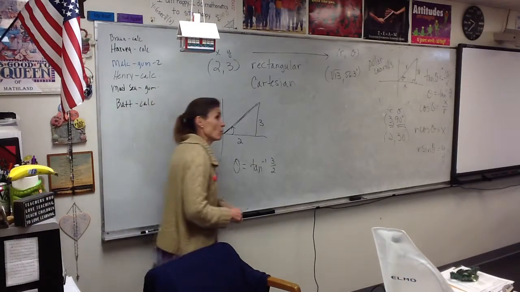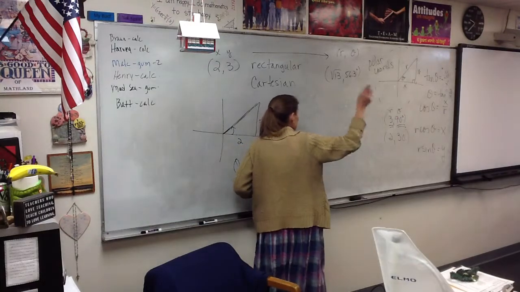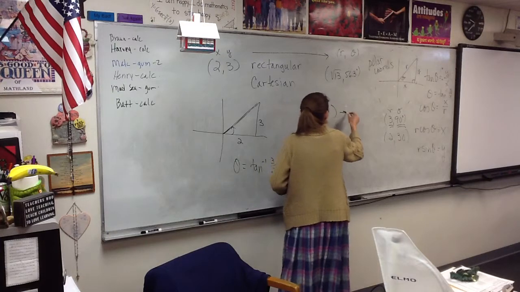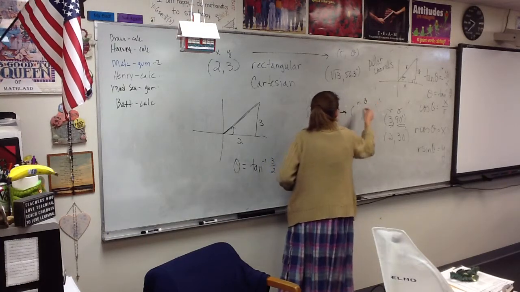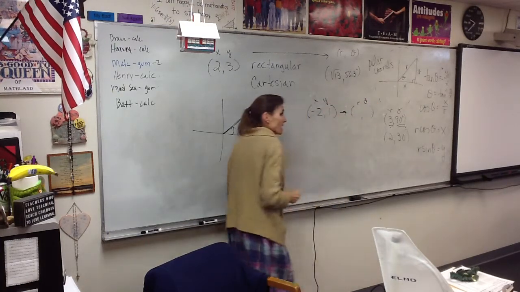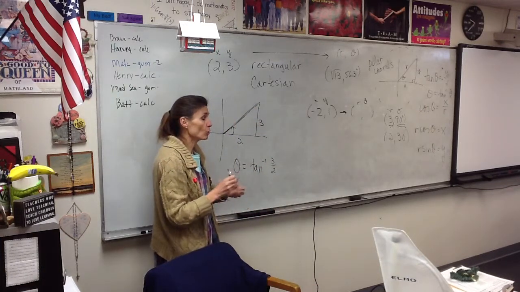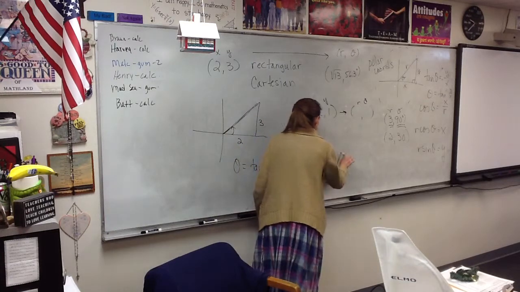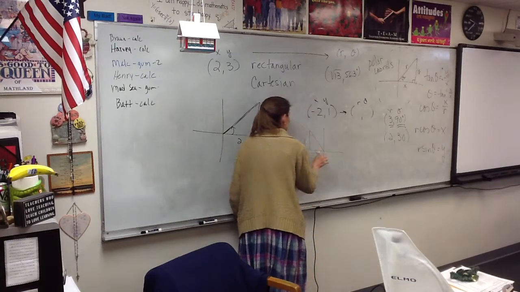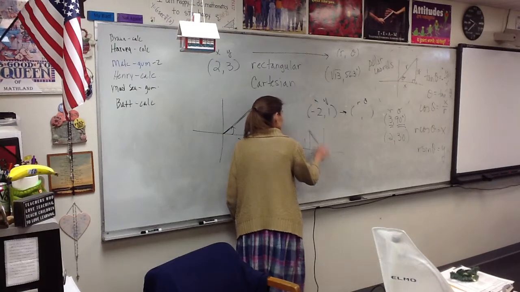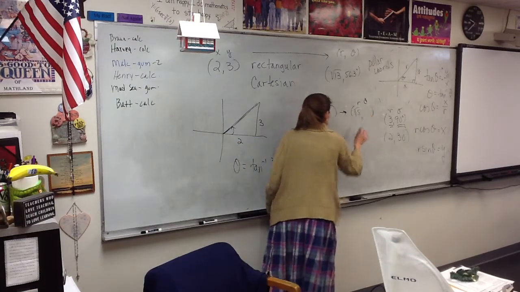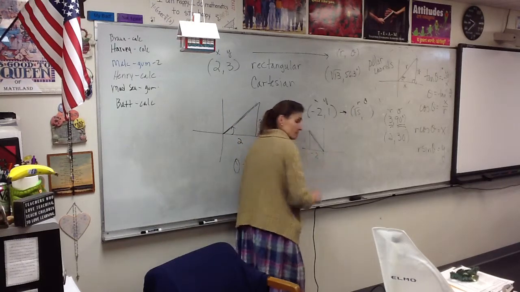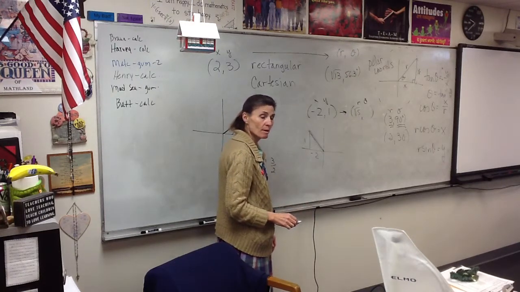All right, so let's try one more quickly. Stay with me. The bell has not rung. Change -2, 1 into polar coordinates. So here's X and Y. Change it into polar coordinates. So let's visualize it. -2, 1. What's R? Root 5. That's easy. Now, just as it's always been,